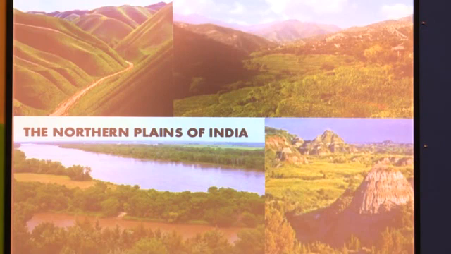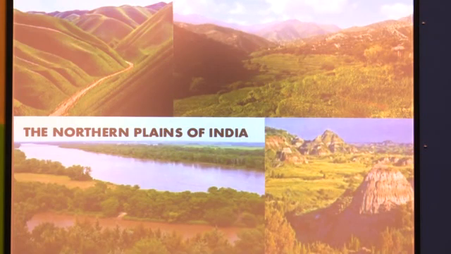Now see the northern plain of India, it's a beauty of nature. Here in the northern plains, some flat areas where rivers are flowing, also agriculturally developed areas, and some small hills are there, and this is the beauty of our India. The northern plain is the greenery of India, because most agriculture production is produced here. So students, is it clear what we have learned? We have learned about the northern plain.